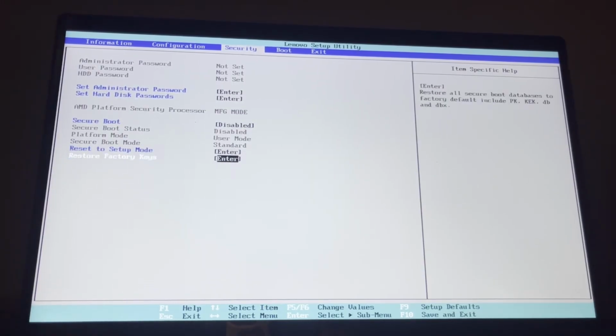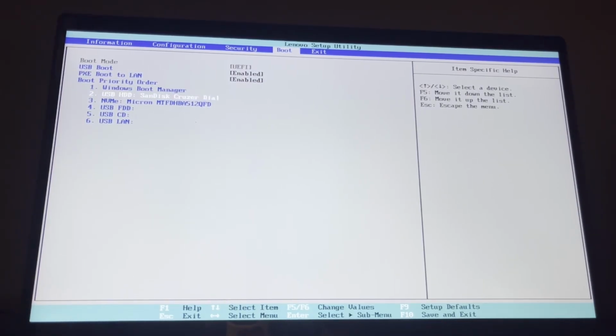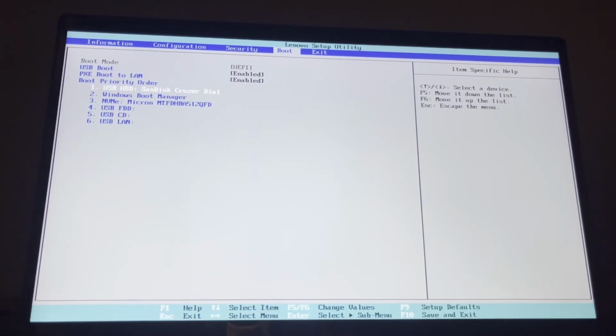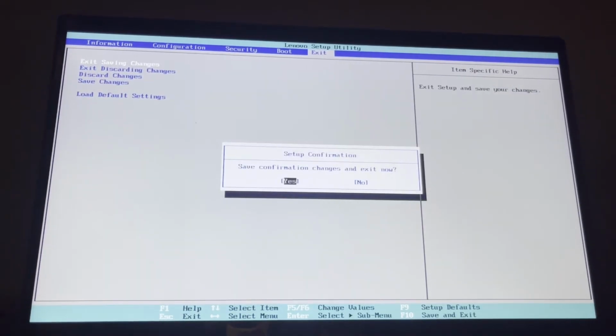Okay, once you disabled it, go to boot. This is your window. You just need to go down. Okay, this is the pen drive that you just inserted. Click on F6 to take it up and save and exit, and yes, enter yes. Okay, once you click on enter, it will open the installation medium of Arch Linux. Just wait, let it complete.